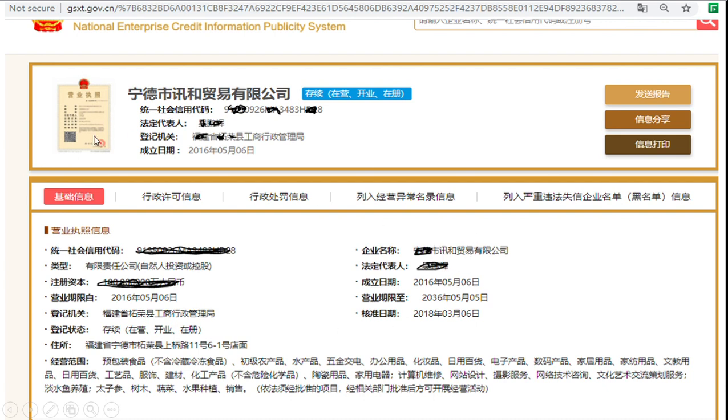This page which you can see is the physical copy of the document which is given to the business owner. This is the name of the company, and here you can see the social security code and the legal representative, and here we see where it was registered. Let's say it's written Fujian here, when it was established, and it has basic details of the company. What are the basic details? Let me share it with you.